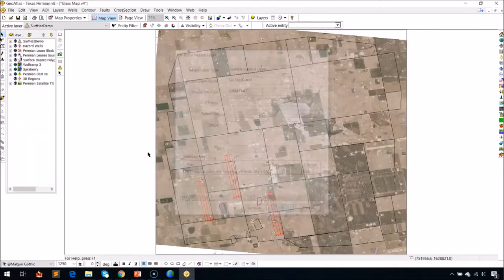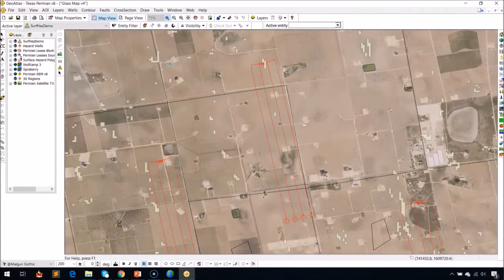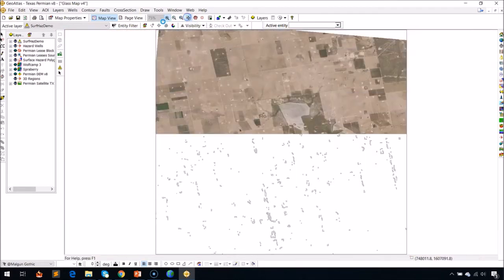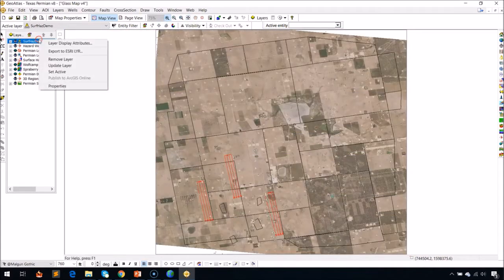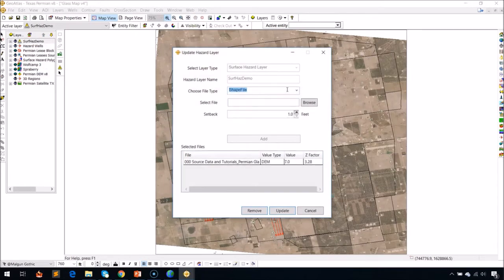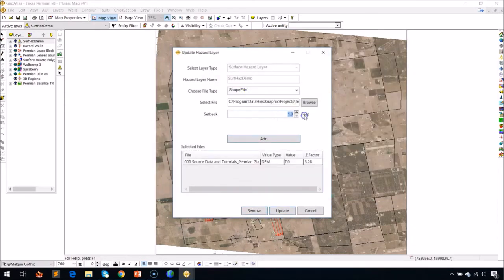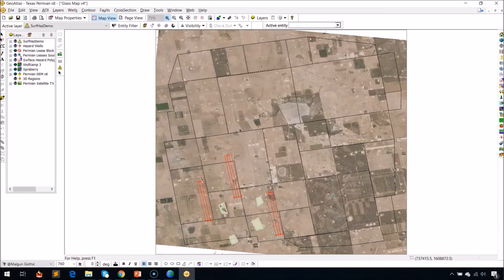And it'll generate the surface hazards. As you can see, they're located right over here. They're just very small to see right now, but if I zoom in, I can definitely see them. These are areas where we cannot place pads. All right, if I zoom out and I go back in and I update this layer, let's go ahead and add our hazard shapefiles. Here it is, and I'm going to give it a setback of 200 feet around it. Click Add and Update. And what you'll notice is that we have these hazard zones where we can't put pads